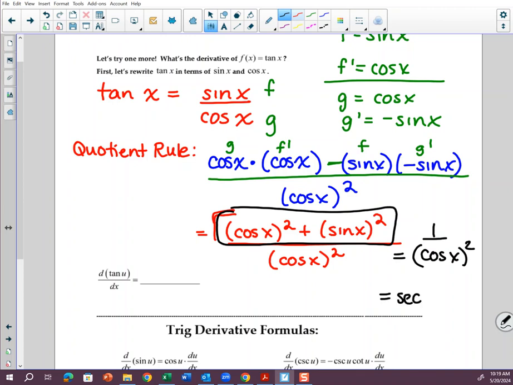And 1 over cosine squared is a secant squared. And so, if I want to write it, I can write it a couple different ways. The third rule